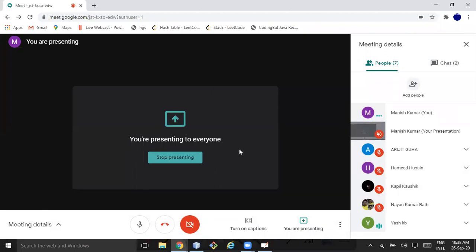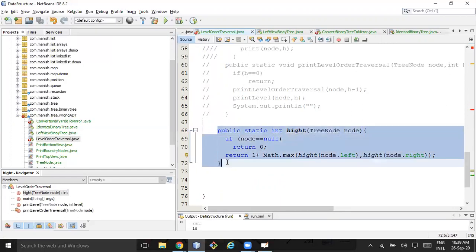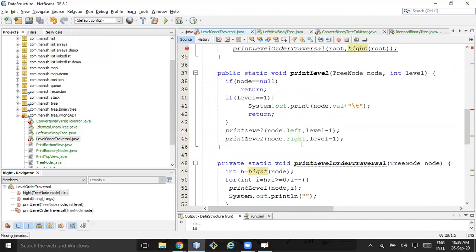Manish, we are supposed to add only one, right? Like any one of the calls has to be added with 1. You can do it like this also: 1 plus this, and here you can remove it. Don't confuse it with the mathematical max. Anywhere you can do it, but it's good if you're adding it with the two calls, like it will be Math.max. This is a separate number. Got it, don't confuse. So here people should not have any confusion. You know the height. Okay, that's good.